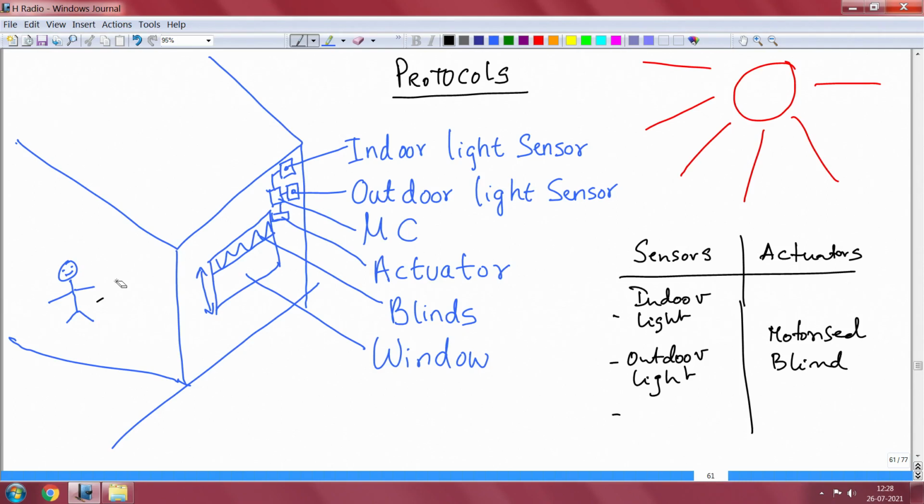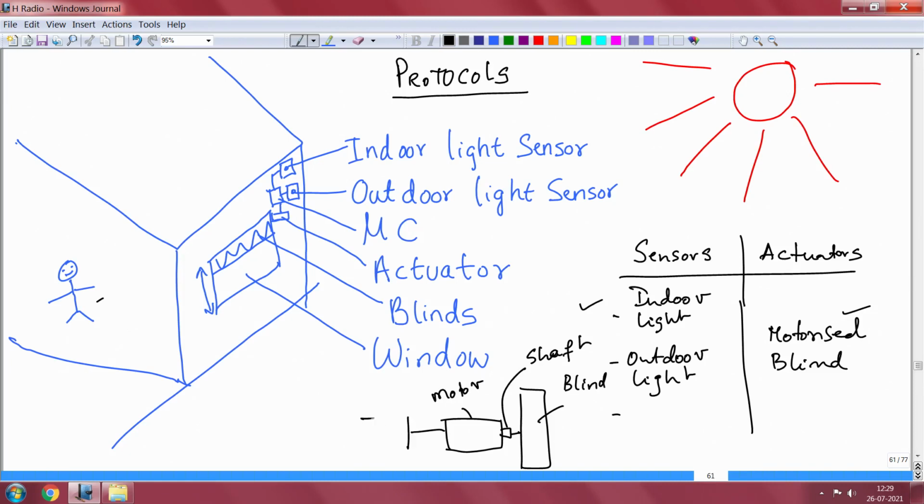The sensors of interest are indoor light and outdoor light. What is your actuator? Motorized blind. When I say motorized blind, what I mean is there is a motor, this is the motor shaft to which is connected the blind, this is the window blind, and this is the motor drive.